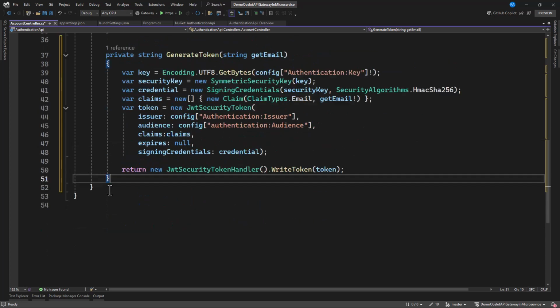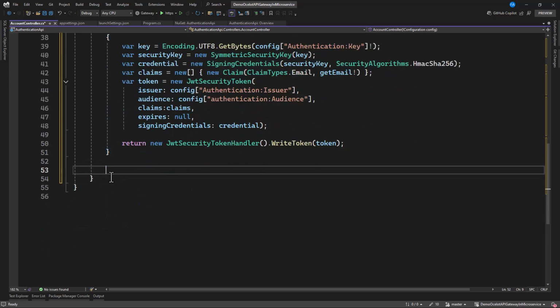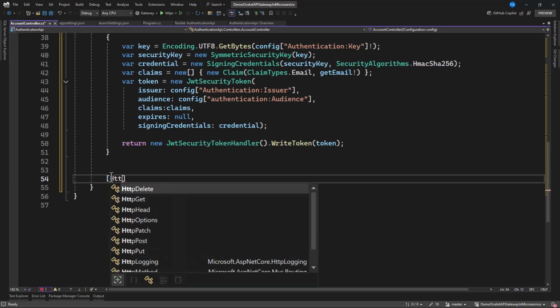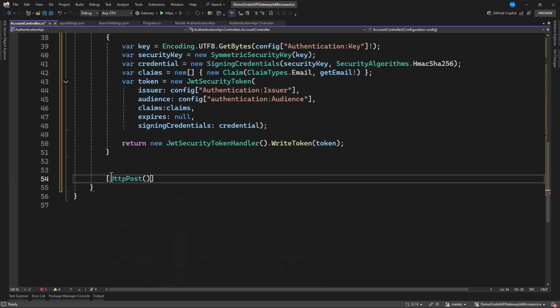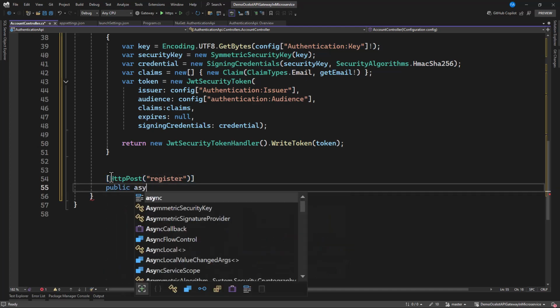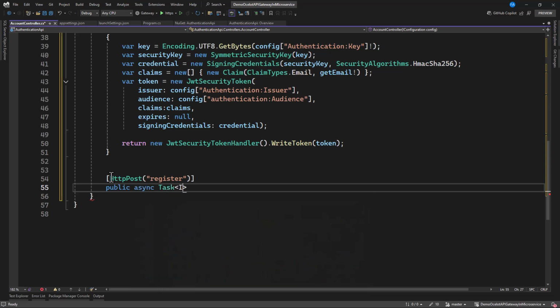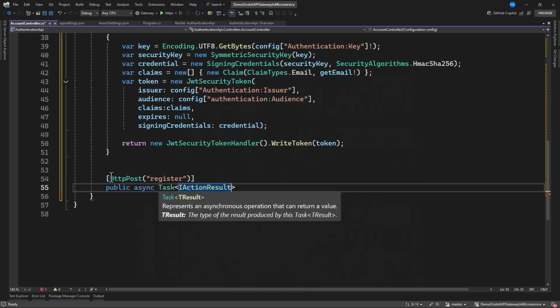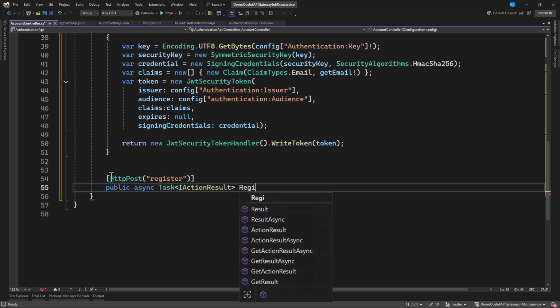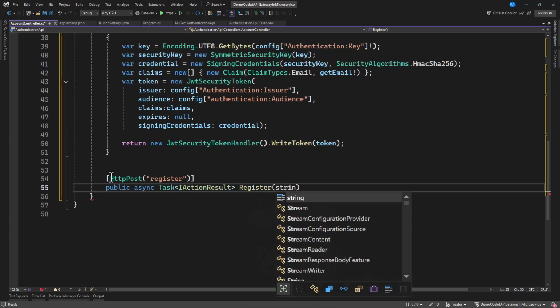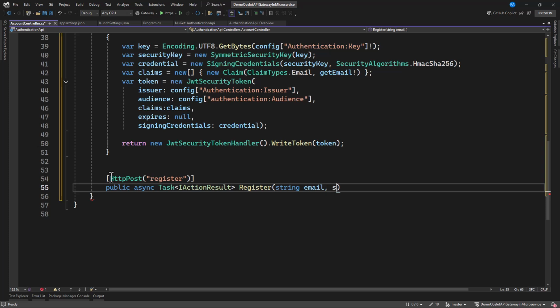Let's add HTTP post, and here we say this is register, and we have our public async task, and that is an action result. So we say this is register, which takes in string email and takes in string of what?